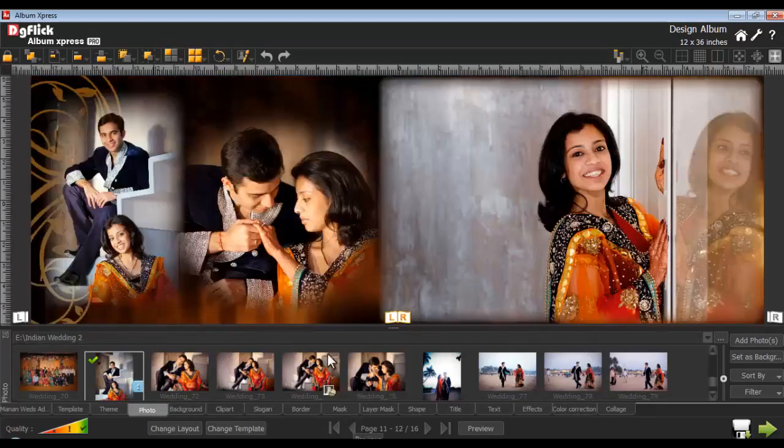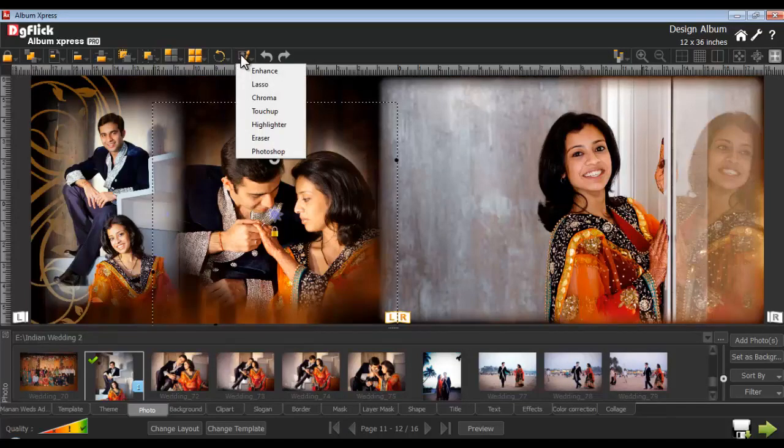Photoshop. To edit any photo in Photoshop, select the photo from the Edit Photo option and select the Photoshop option. Now this option is available only for Pro users. If you have defined the path of the Photoshop software in the Preferences, the selected photo will directly open in the Photoshop software. If you haven't defined the path, you will be asked to define the path now and open